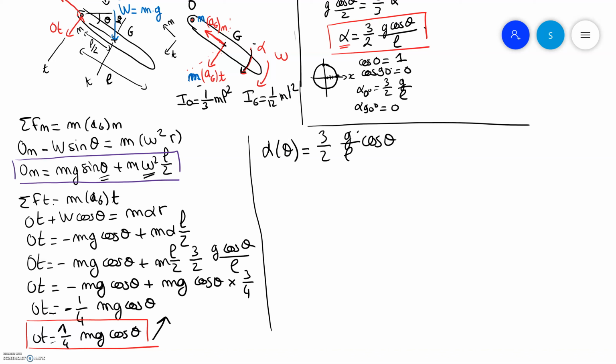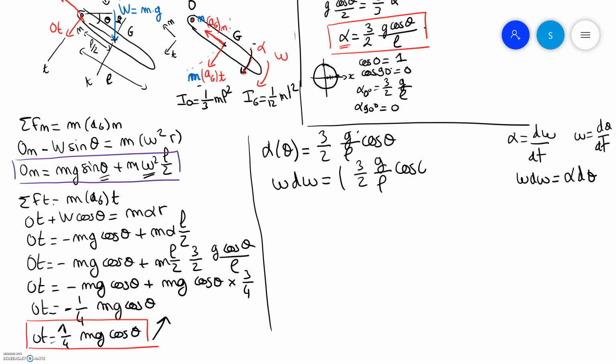So if you look on your formula sheet, with the rigid body motion about a fixed axis, we have alpha equal d omega divided by dt, not helpful. Omega equal d theta divided by dt, not helpful. And the last one, omega d omega equals alpha d theta. Oh, here we have the function alpha of theta. So we can write that omega d omega equals alpha, 3/2 g divided by L cosine theta